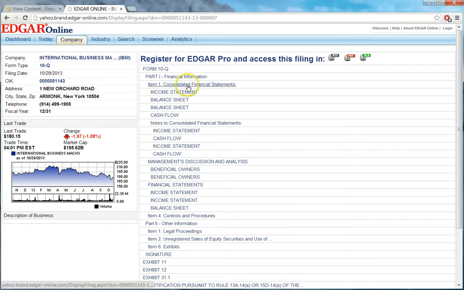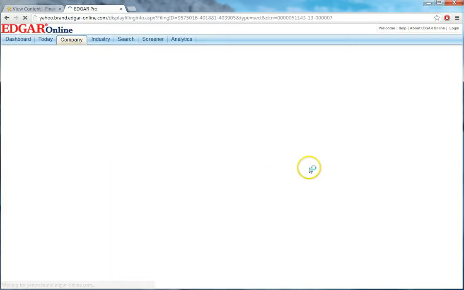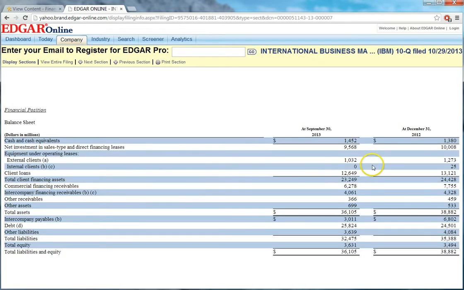It might take a little bit of hunting around to get the full balance sheet that we're interested in. It could be here in the consolidated financial statements, or it could be down here in what is also being called financial statements. Typically the first ones listed, not always, but typically, are really shortened versions of the real balance sheet and income statement. So I'm going to skip down here,